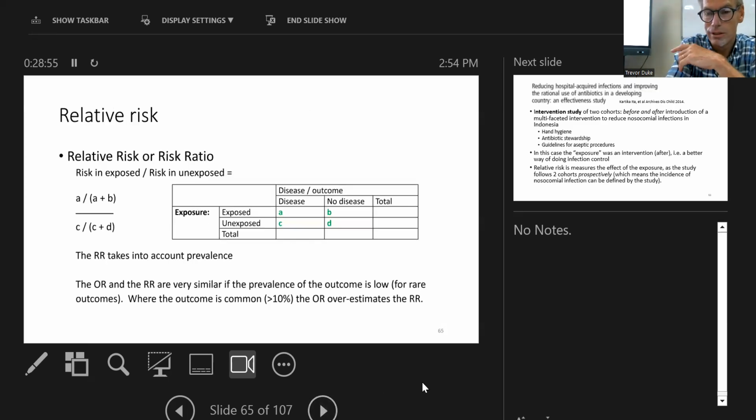I wanted to just touch on what, when we talked about case control studies, I said that the outcome you often measure as a measure of association is the odds ratio. In cohort studies and in randomized trials, the measure of association or measure of effect is usually what's called the relative risk. Okay, and it's very much like the odds ratio. In fact, in many studies, if you do both a relative risk and an odds ratio, you find them rather similar. But there are some differences,